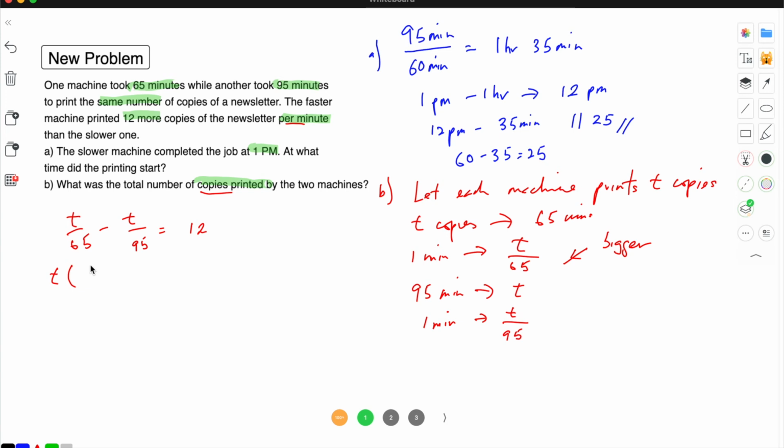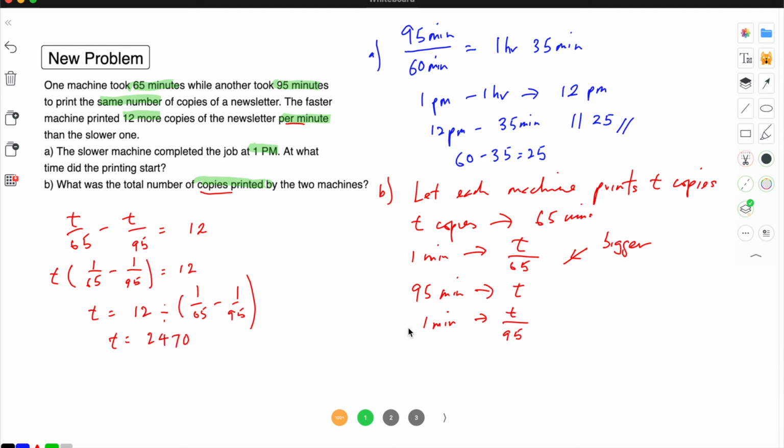The left hand side is actually the same as this. I take out the T and then leave all the fractions inside the bracket. This will be equal to 12. So T will be equal to 12 divided by everything that is inside the bracket. You can use your calculator, and I believe T is actually